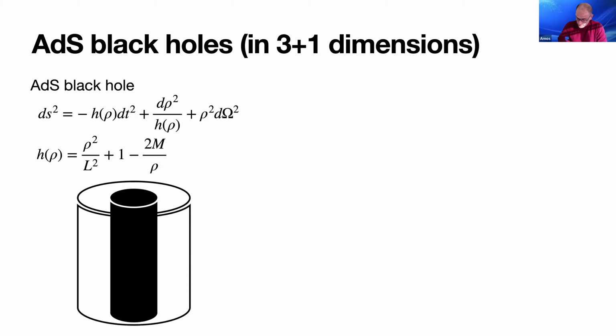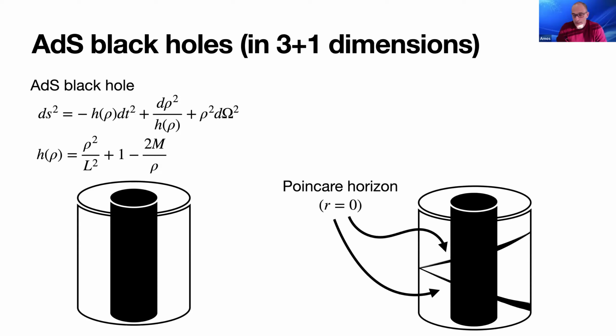Okay. So now what we could do is say, what happens if we look at a Poincare patch? If we look at this from the point of view of an observer who only sees a patch, we're going to see something very funny. We're going to see sort of a black hole emerge out of the Poincare horizon. It'll grow, and then it'll shrink back and exit the Poincare horizon.